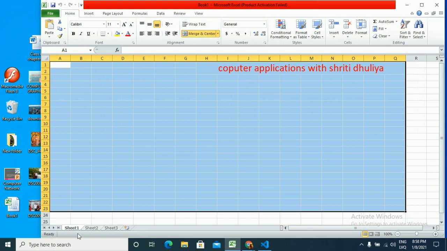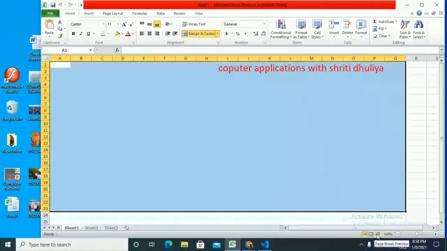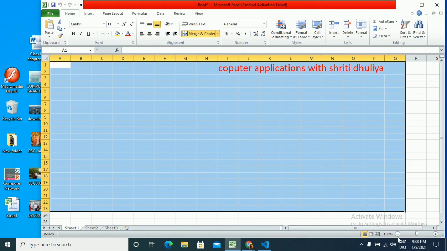Now, at the bottom, you can see the status bar where you can see the status of your document. At the right side, you'll be able to see some views of Microsoft Excel. One is normal view, second is page layout view, and third is page break. Now here you can see the zoom slider.